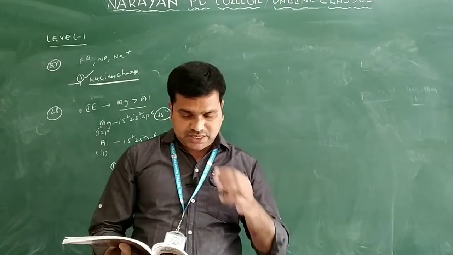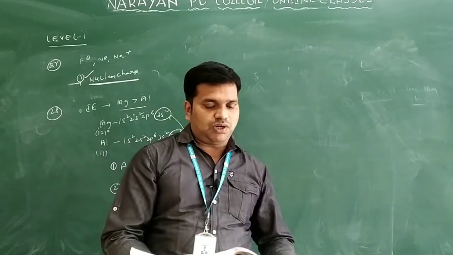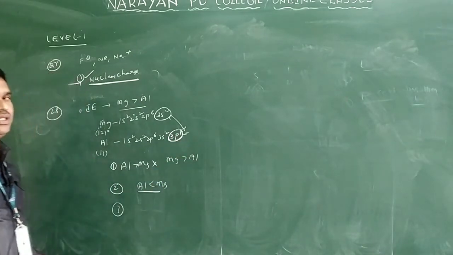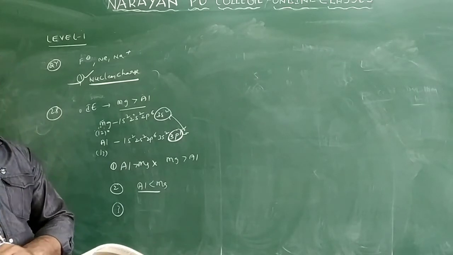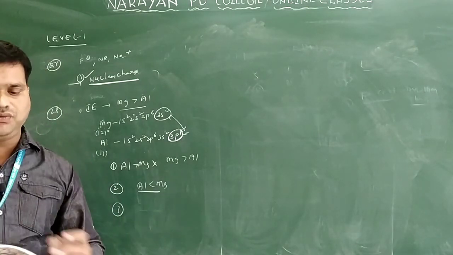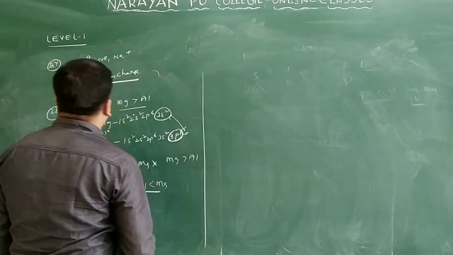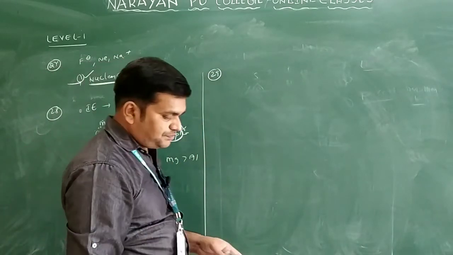And one more, you can see aluminum has one unpaired electron in the 3p orbital only. How many unpaired electrons are there? One unpaired electron is there, so we can easily remove the electron from that 3p orbital only. So the answer we will take for this question is that aluminum has one unpaired electron in its valence shell only. This is question number 28.